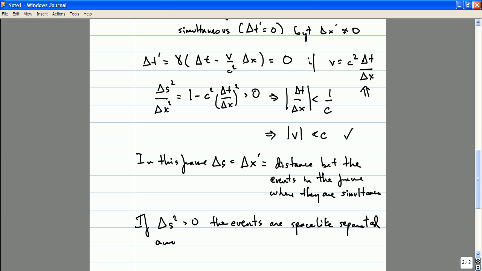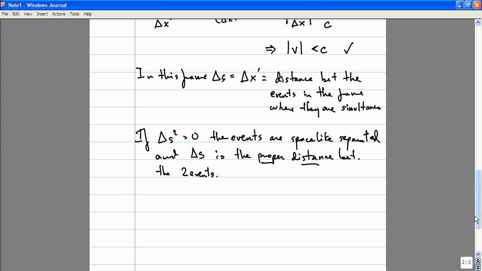And we give a name to delta s. Delta s is the proper distance between the two events. Which is to say, it's the distance between the two events as measured in the frame where they take place simultaneously. So, in fact,